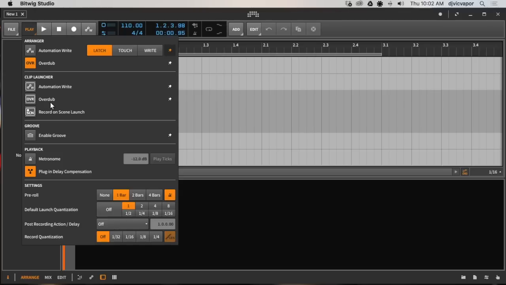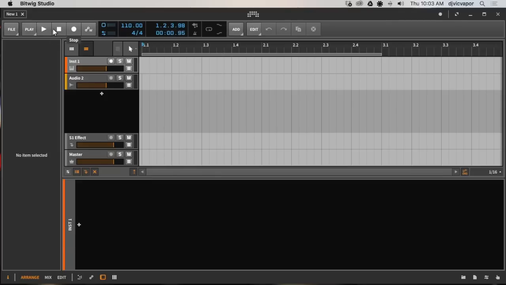Automation right, overdub. So here's all your different options in your groove. Under Play, here's basically the menu or the settings for play functionalities, not so much the playhead going forward. So then of course that's going to be play, stop, record, automation right. What does this guy show? Arrange your timeline, show clip. And then we've got our,